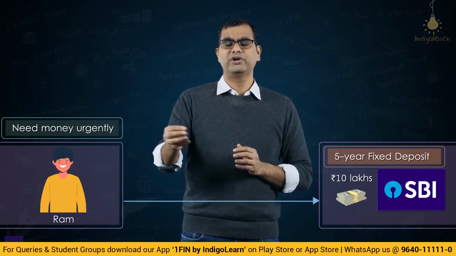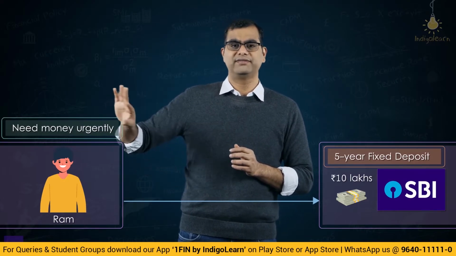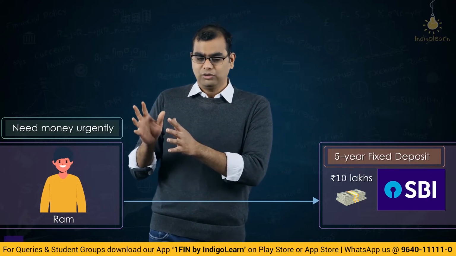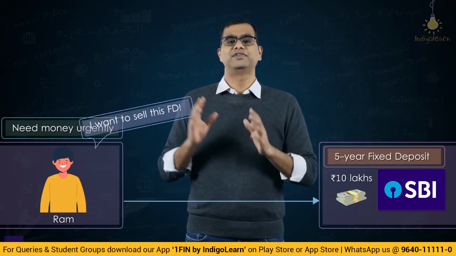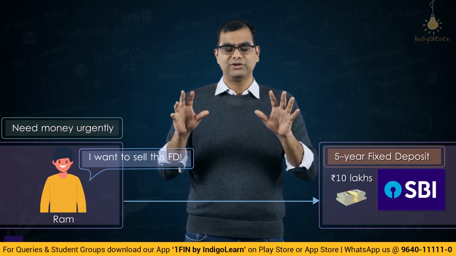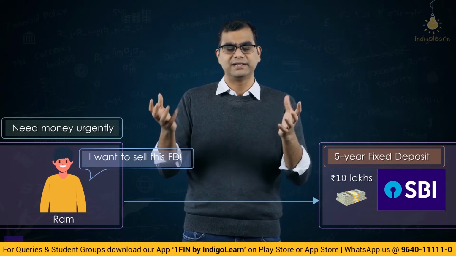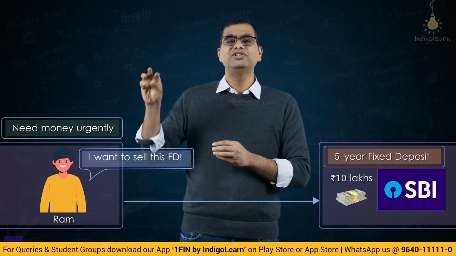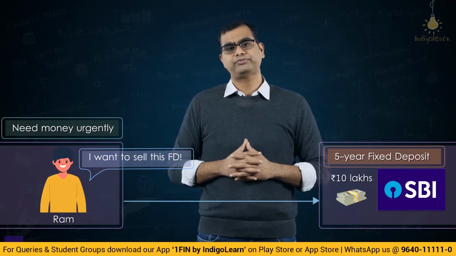Based on the fixed deposit, you can take a loan. That is one process that is available. Keep that aside for a moment. There are people who take the fixed deposit and give loans based on that. That is independent. Let us say, you say, no, boss, I want to sell off this fixed deposit. Usually you don't hear terms like selling deposits at all. For argument's sake, you say, I want to sell this fixed deposit to somebody.